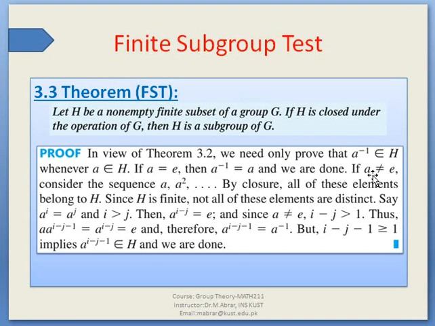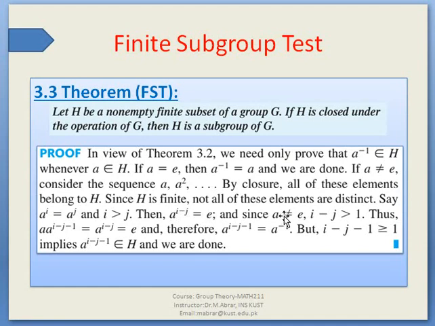If we assume that a is different from e, then we consider all the powers of a: a, then a squared, then a cubed, and so on, since H is closed. So all these powers belong to H, but H is finite. It means not all these elements are distinct. Some powers coincide. For example, say a^i is equal to a^j, assuming that i is bigger than j. Simply we can write a^(i-j) is e,